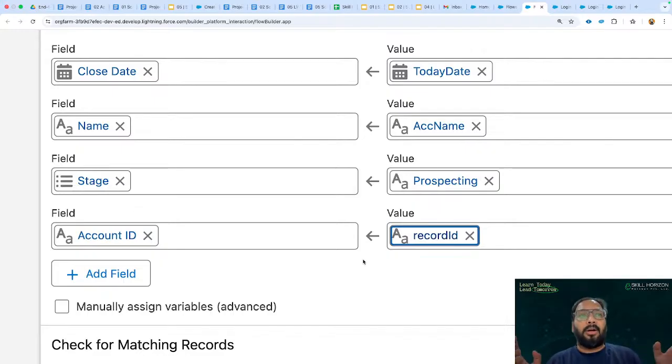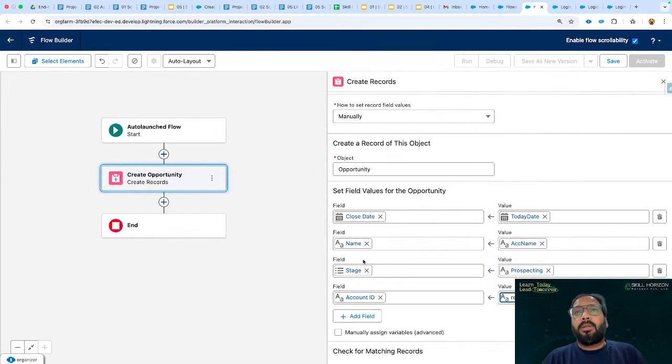We created an AutoLaunch flow, which can be called into any record triggered flow. Always remember, if you have created an AutoLaunch flow, that AutoLaunch flow can be called in any number of record triggered flows, right? So we need to implement it once and then we can call it in any record triggered flow. Okay, so this way it is implemented, and I would say if you want to take a screenshot,